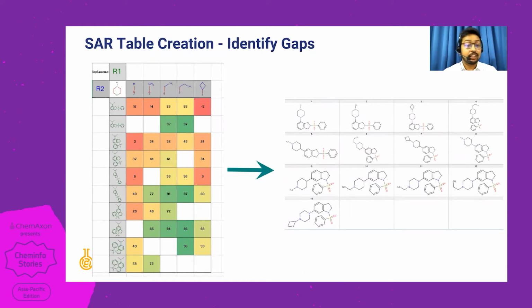Of course, this coloring is provided by Excel's native functionality of conditional formatting. So looking at this, you can very easily understand the trend. You can very easily understand which are the most active and which are the least active molecules. So it makes it very easy to visually identify the molecules of your interest.